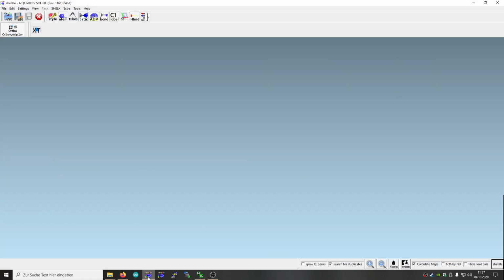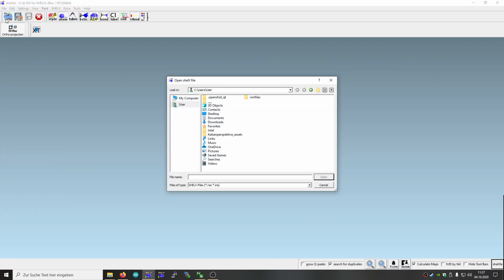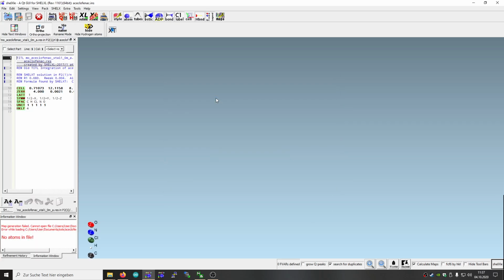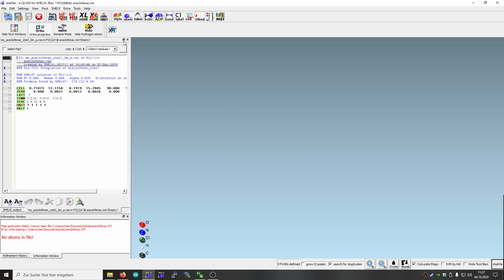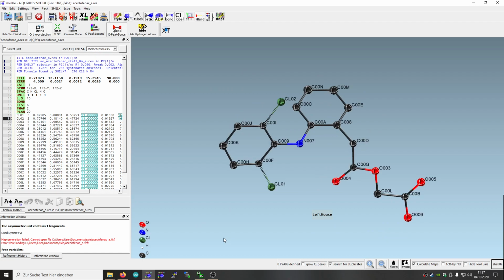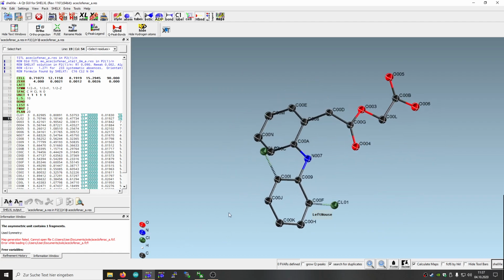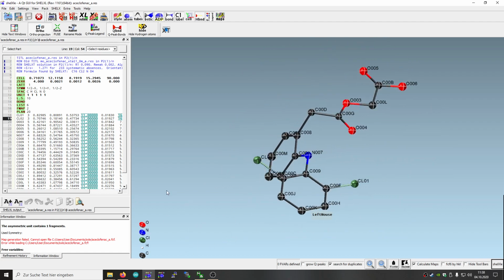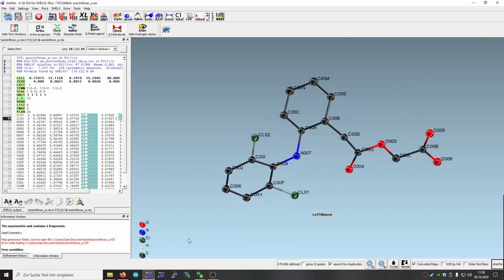So we open ShelXle and open a new structure. It's here in documents, this one. There is no structure yet, so we just use ShelXT to solve it. Here we go, there's the solution, and in this structure we have two phenyl rings, and